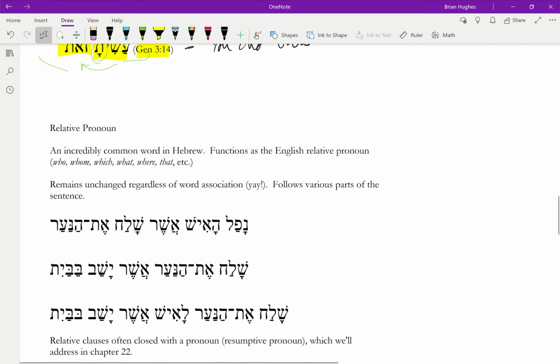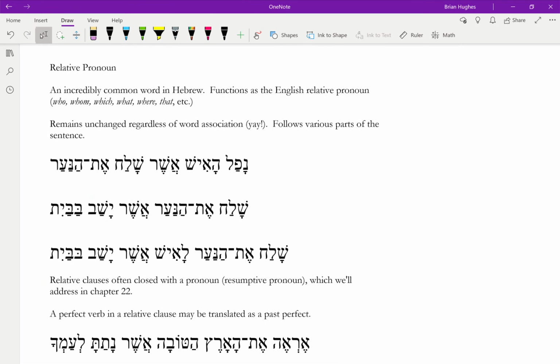The other thing that this chapter talks about is the relative pronoun. This is an incredibly common word in Hebrew. Far over 4,500 uses in the Old Testament. Lots and lots of times this is going to show up. This is a very conservative estimate,